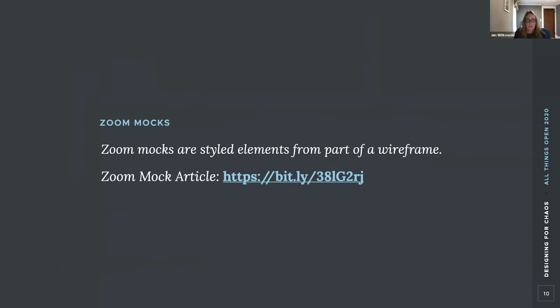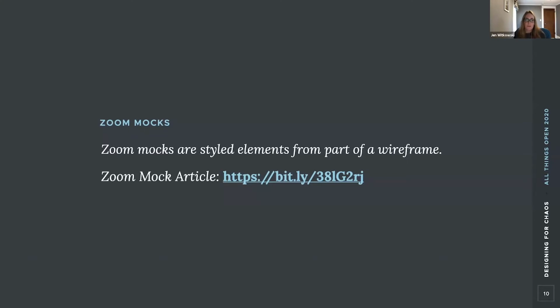So the next step was to actually start thinking about the visual design. And our team uses something called Zoom mocks to explore different visual approaches to designs. What a Zoom mock is, it's basically you choose a wireframe, then you choose a small section of that wireframe, and then you start exploring style in that specific section.